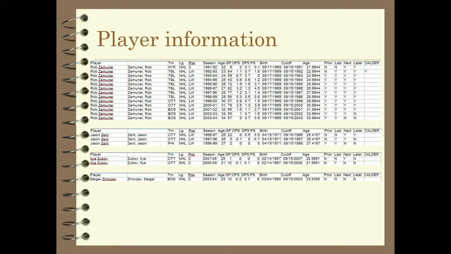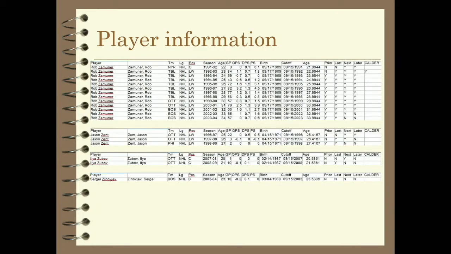Okay, so for every single player season, this is how it looks within the database. I'm just going to show this. So what we have, I had to key in every single player's birth date in order to reorient in case I want to do a little bit of age-related analysis, which I did, which meant resetting it. And then for every single player's season, did he play 2 years ago or more? Did he play last year? Did he play the year after? Did he play 2 or more years down? And then also if he had a Calder-eligible season, which leads off into another kind of interesting thing by itself,